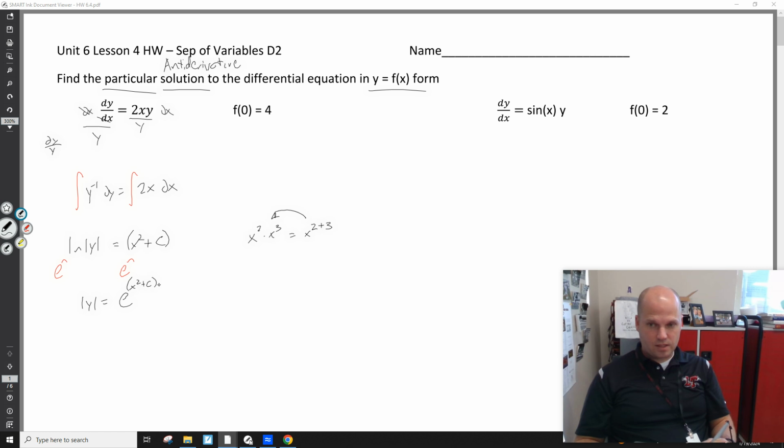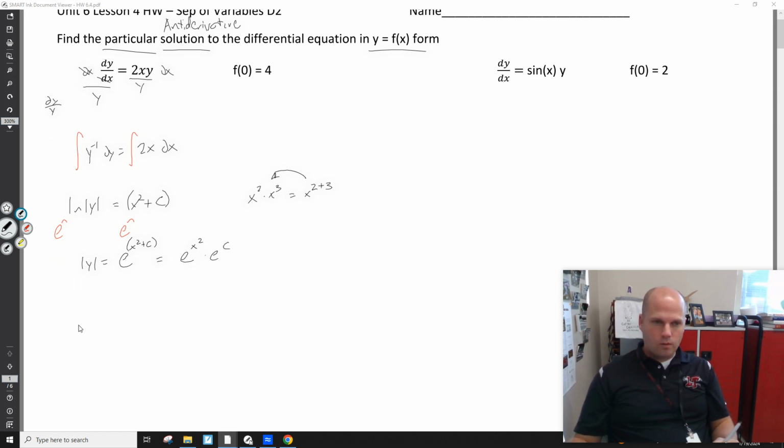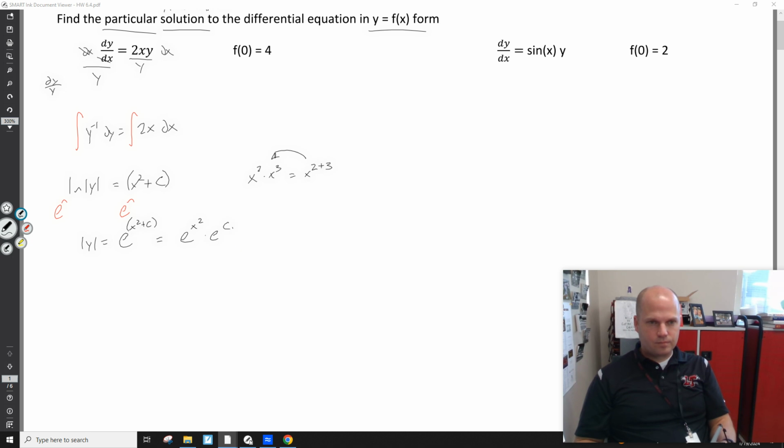I'm going to take this sum in this exponent and write it as a product of e to the x squared times e to the c. Well, e to the c is just another c. We'll call it a c2. I'll take that c2 and I'll move it in front to be like a coefficient of e to the x squared. So e to the c1 is c2. We get this. To get rid of the absolute value, you make the right side a plus or minus,